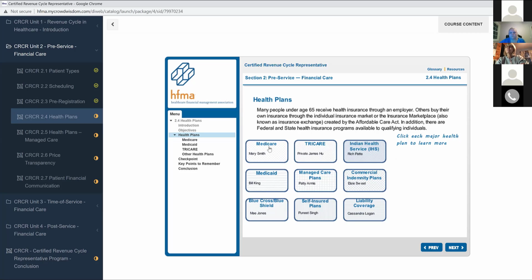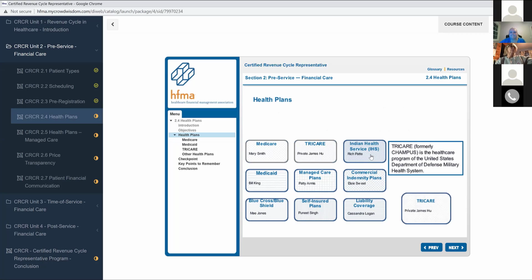Medicare is a government-sponsored program which is financed through taxes and general revenue funds. Tricare, formerly known as Champus, is a healthcare program for the United States Department of Defense Military Health Systems. The Indian Health Services, an agency within the Department of Health and Human Services responsible for providing federal health services